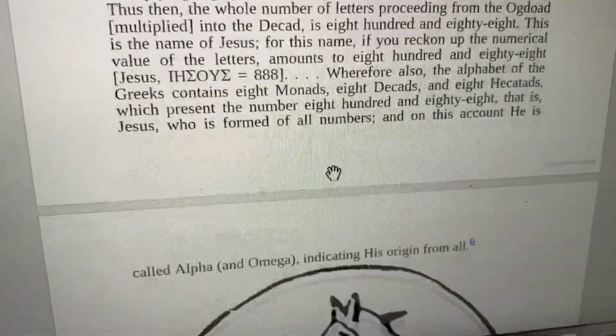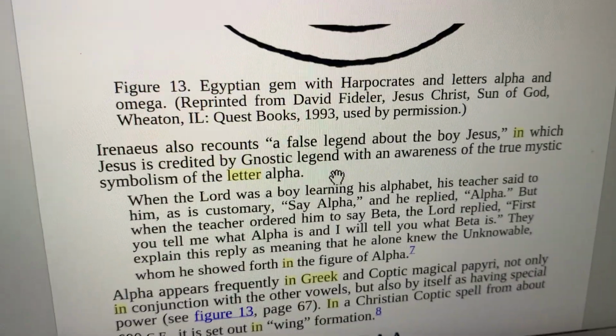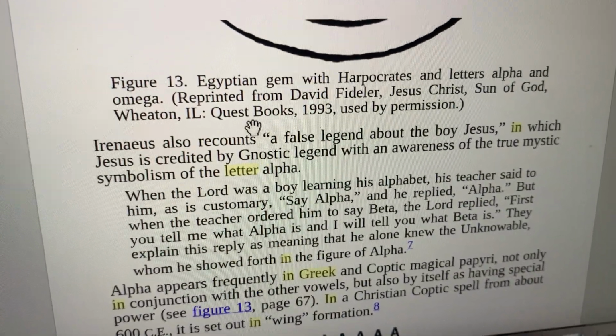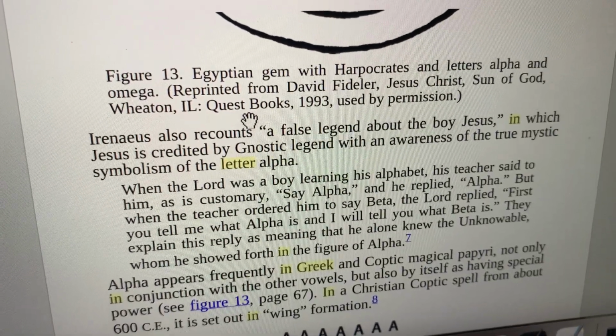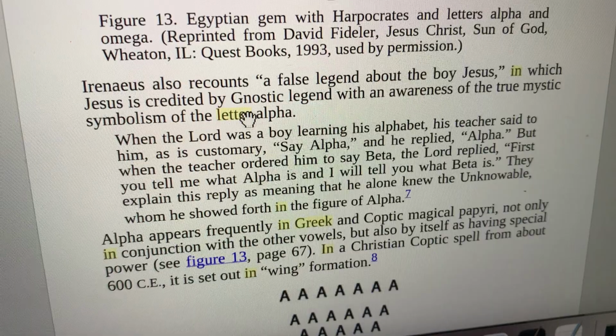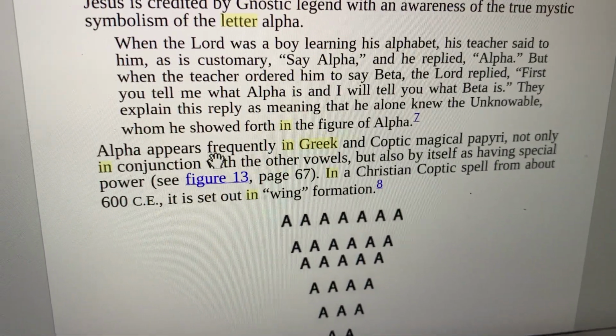So then we keep going down here. See, it goes really deep. Now, all of this was also being done in Egypt, right? And then they were also saying this. Okay, alpha. So there's the alpha, the A in Greek,